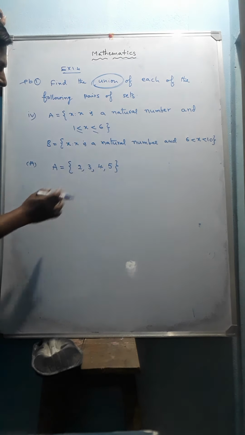So A union B is equal to the set whose elements are 1, 2, 3. But in the B set there is no element, so you can close it. That is equal to A, the set {1, 2, 3} whose name is A. So A union B is equal to A. So this is the answer. Okay, so the first Roman is over. Next, the second Roman.